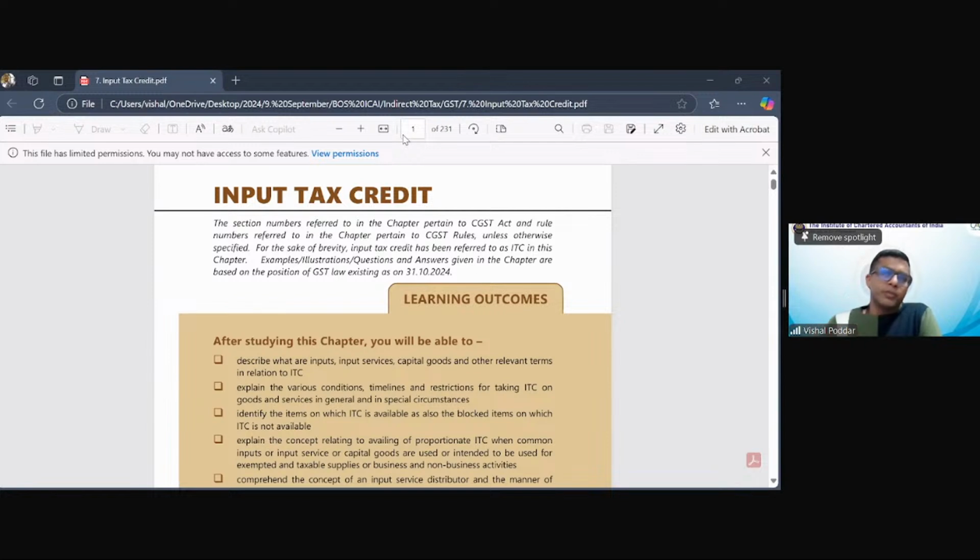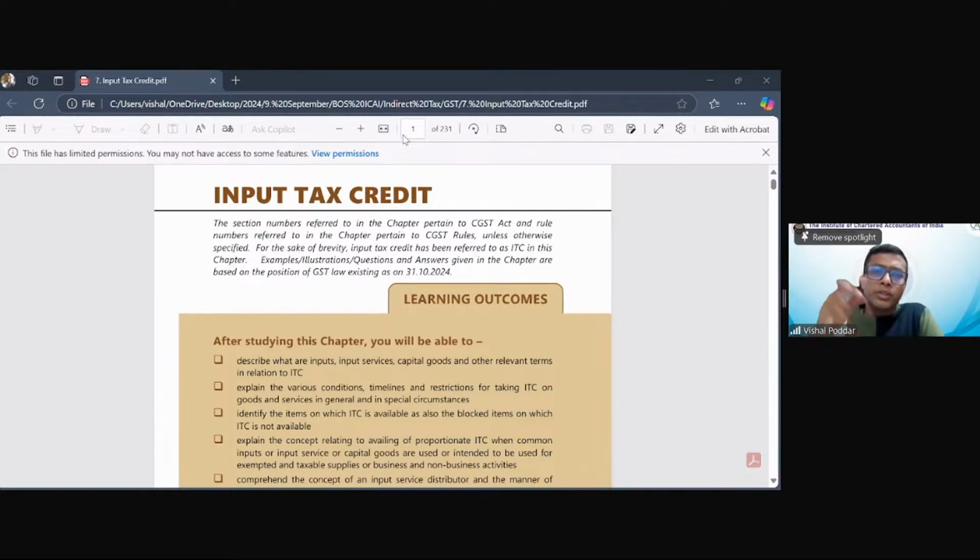Now there are two logics for that. The first logic is, since this amount will go to reduce your output liability, the tax on your output side, which is your actual liability, anything which reduces your liability is a benefit. Anything which reduces liability or increases assets is a benefit for the business. And in accounting parlance, any benefit is credited. This is one logic, but I believe this is not the perfect logic.